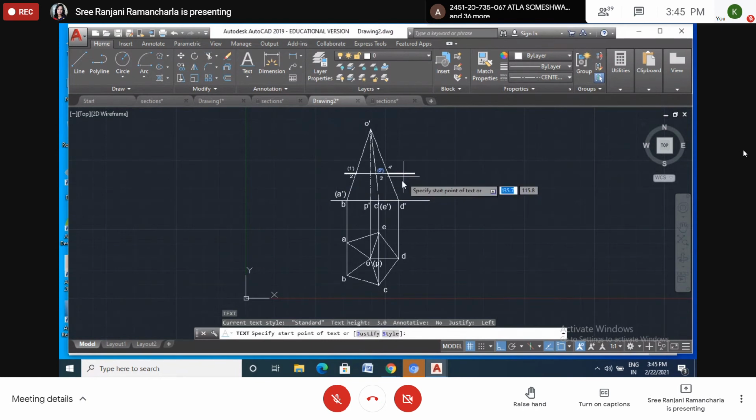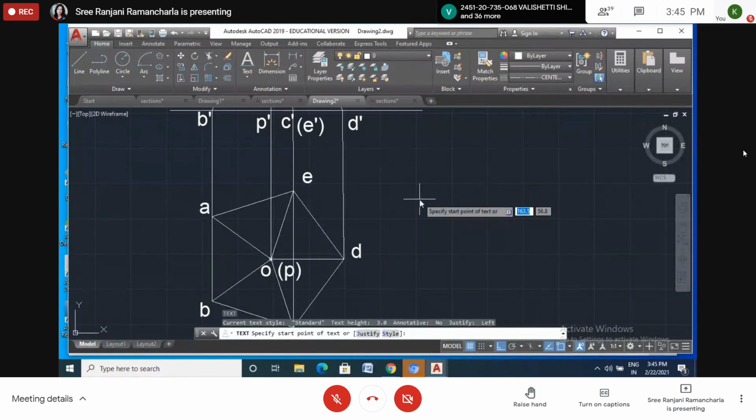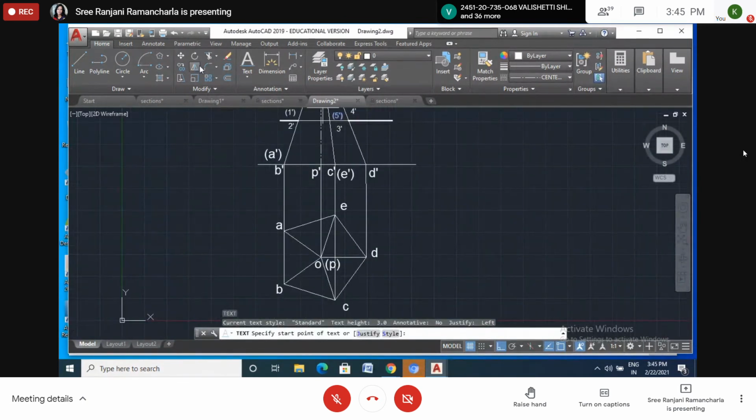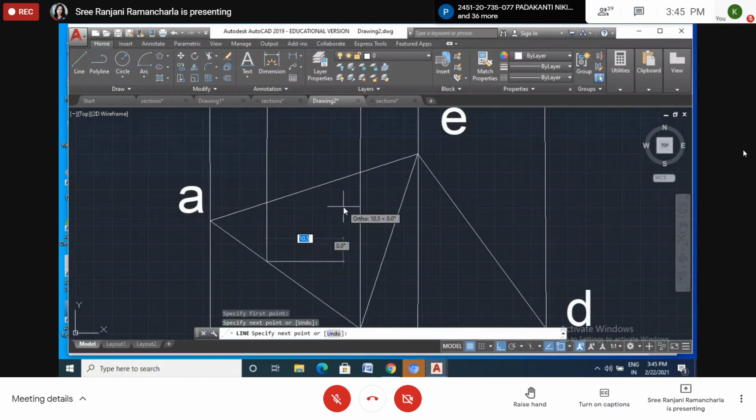Now here we got this 1, 2, 3, 4, but here we have to show 1, 2, 3, 4 where it is cutting. How? Again we have to draw the projectors from 1, 2, 3, 4. So from 1, where is 1? 1 is on AO. So draw the projector. So here I am getting this line. So I want to change this line now. I want to change this line by layer. Okay. Now line command. So 1 is on AO. So I will stop till 1 is on AO. I will zoom it. 1 AO. Okay.